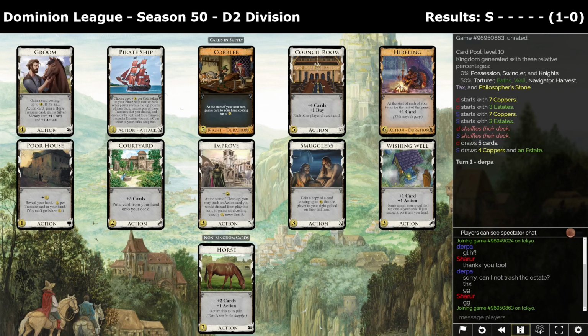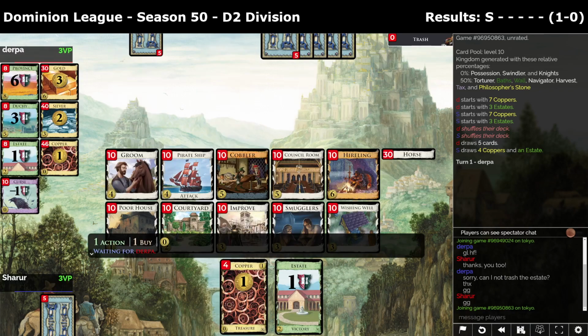This kingdom does not have villages or trashing, which means most of the draw is going to be from Wishing Well and or Hireling. It's kind of gross. Unless we want to just play some money-ish thing with Council Room. I mean, we probably do need to play with Council Room, but I'm wondering about...